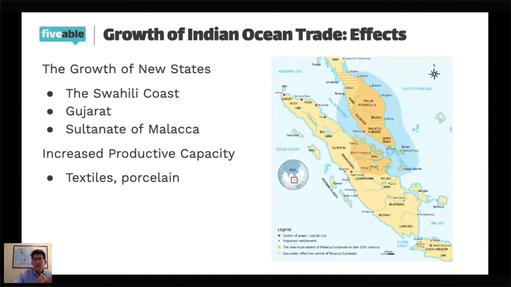And there were several examples of this. For example, from the 8th or 9th century up until the 14th century, a kingdom known as Srivijaya thrived on the spice trade through the Straits of Malacca. They really didn't have a land-based empire, so to speak. They simply controlled some major trading coastal cities, and then they regulated what ships could pass through the straits. If you aren't going to pay a tax to us or trade with us, well, then we'll attack your ships and make sure that we control what comes through here.